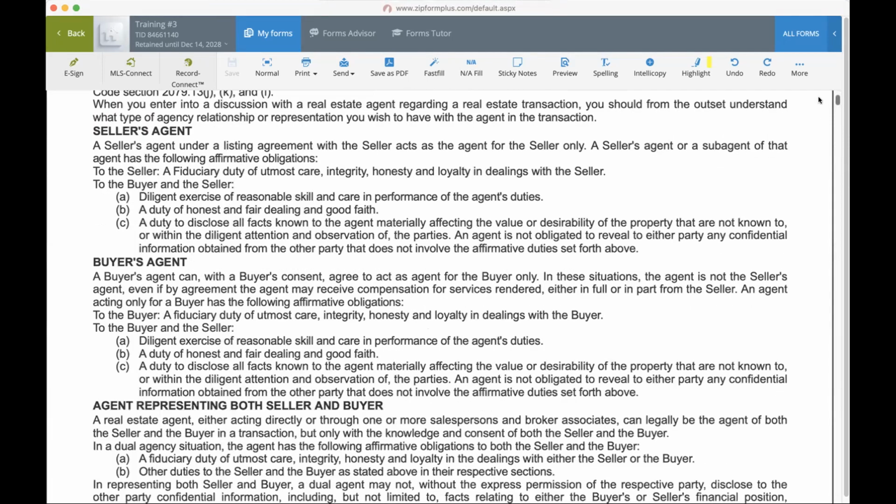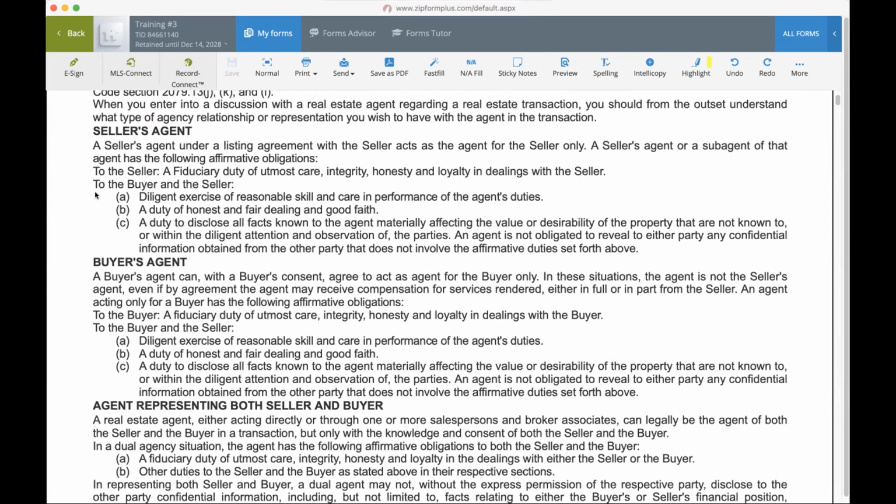You know, I've gone over this, but it basically says we can be a seller's agent, we can be a buyer's agent, or we can be an agent representing both the buyer and the seller. So when we're a seller's agent, we have to the seller, it says here, a fiduciary duty of utmost care, integrity, honesty, and loyalty in dealings with the seller.